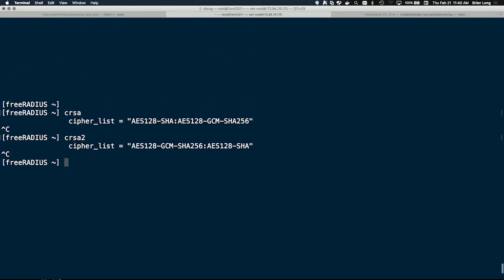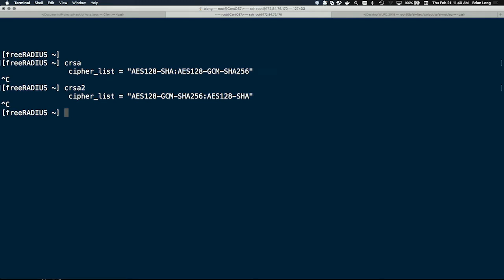Okay. So here you can see the first configuration file I had. I know it's confusing, so it has AES 128 SHA. That's what the cipher suite setting is for that first connection I made. And then in my second file, I just reversed the order and put the AES 128 GCM SHA-256 ahead of that. So now you can see that the server is actually choosing the cipher suite that is going to be